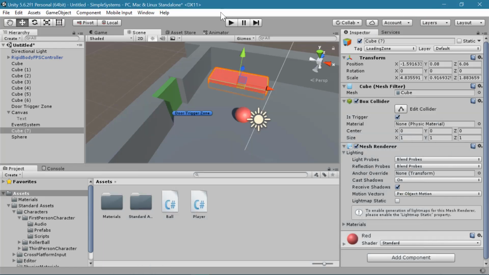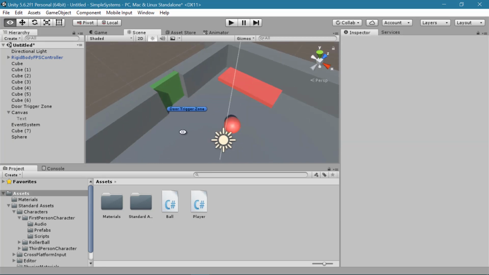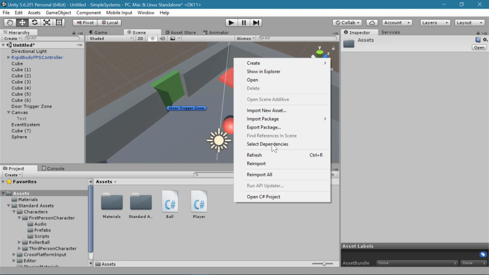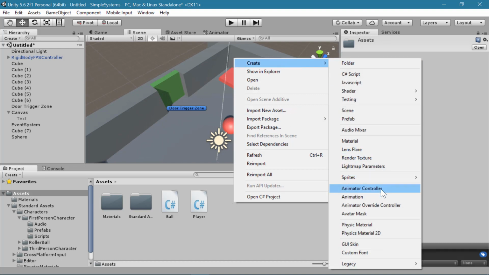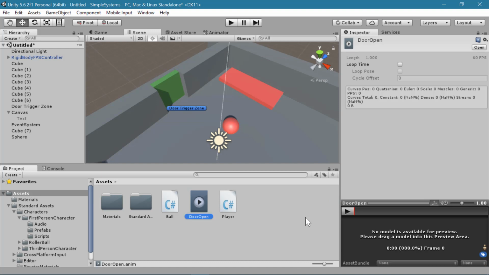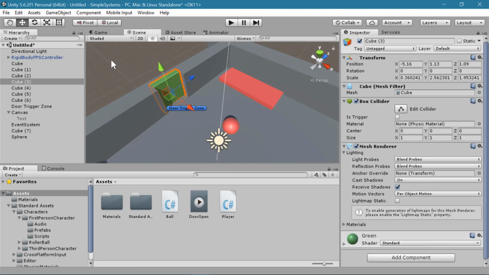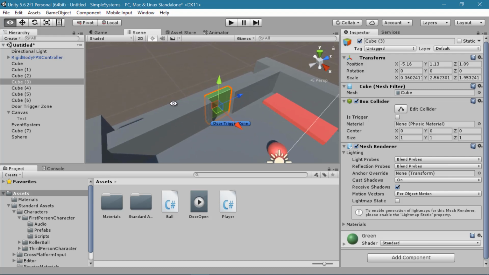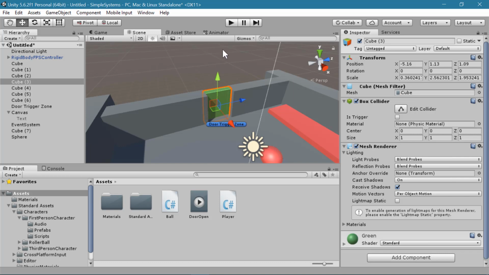And back in my scene, I'm going to go ahead and create the animation for this. So I will create a new animation, and this is going to be door open. And I'm going to put it on this cube. Now, what I'm going to do is just have the door slide up so the player can